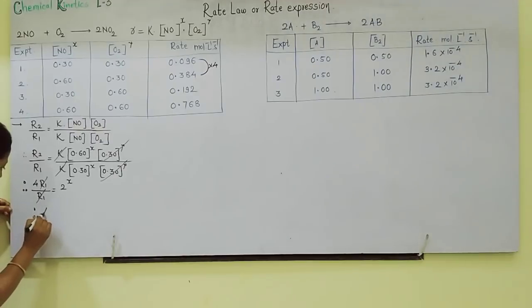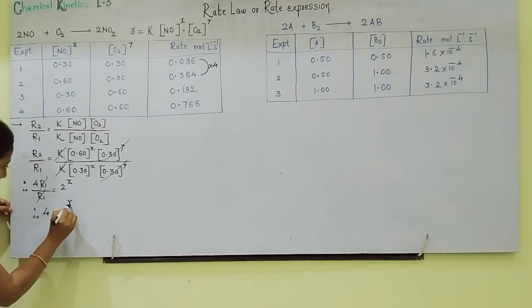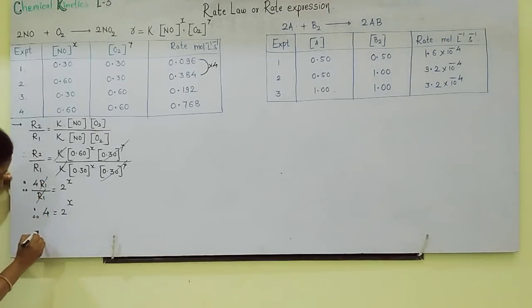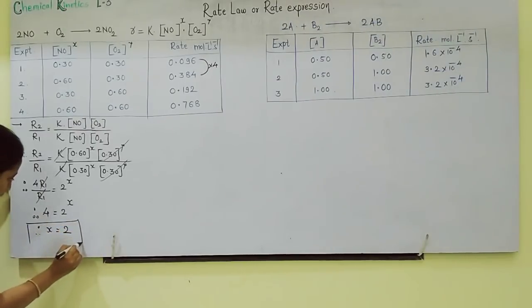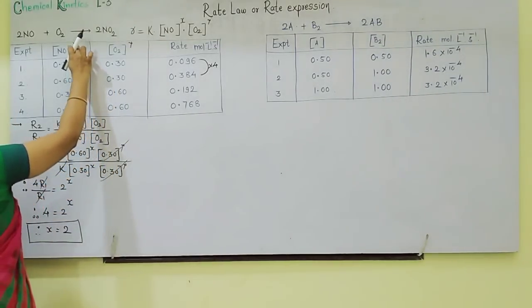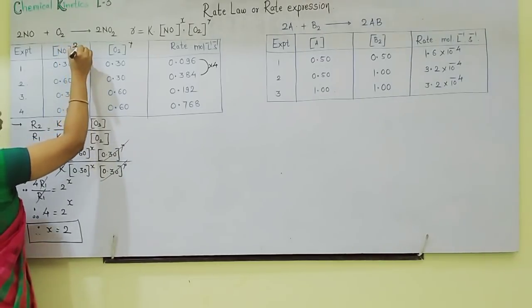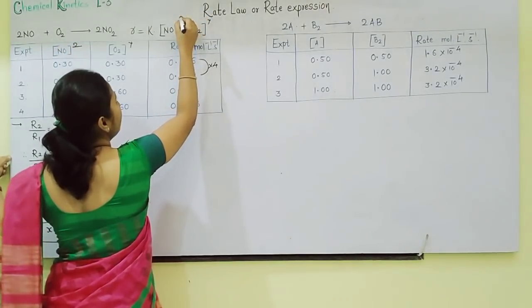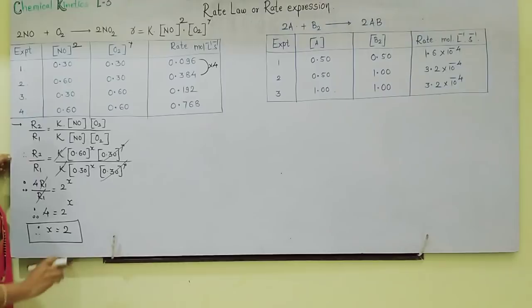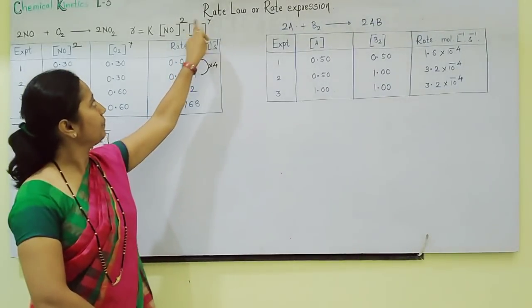See students properly. Lastly you tell the answer. 4 is equal to 2 raised to X. 2 raised to which power shall I write so that your answer will be 4? That's why 2 squared is equal to 4. So what is the value of X, students? The X value we can find out as 2. Like this we got the answer for X as 2. So I am substituting the X value as 2. Understood how, students? Let us find out the value of Y.